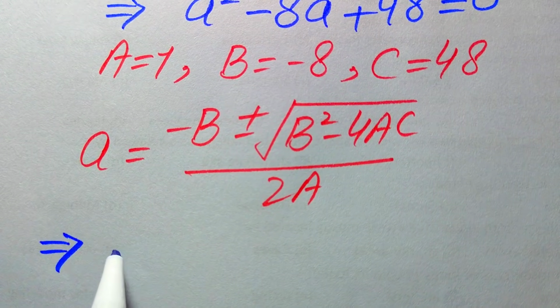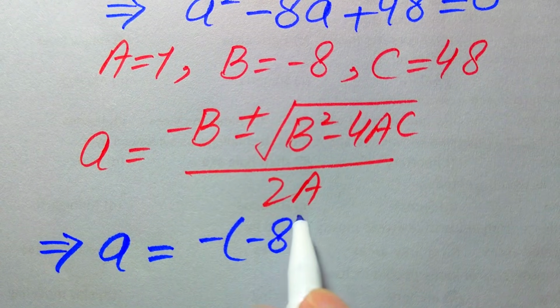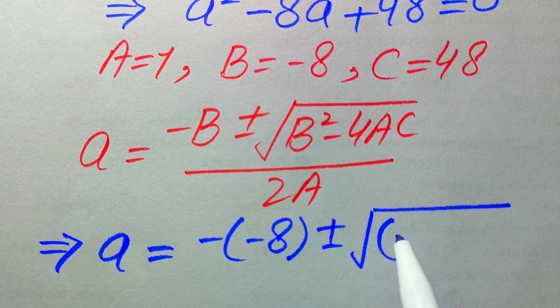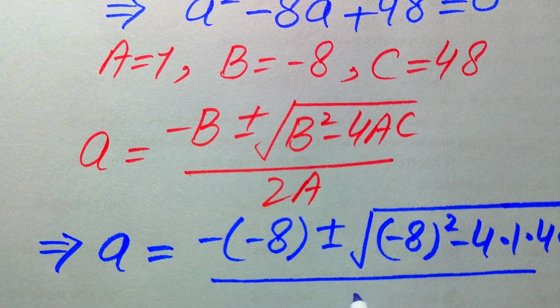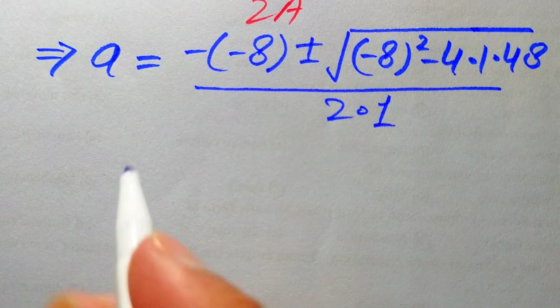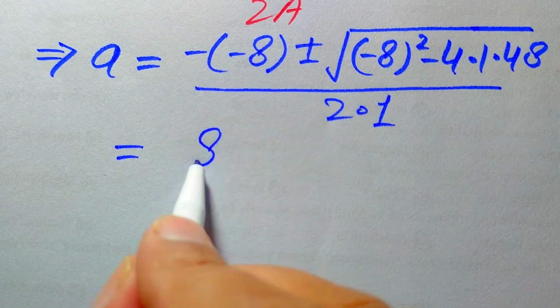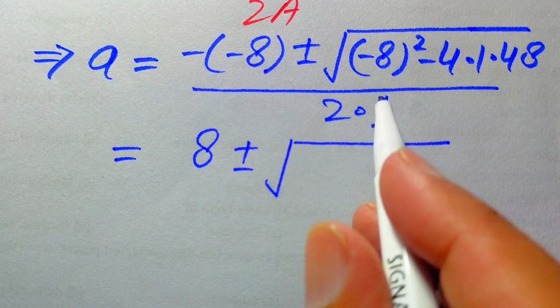So when we put the value of b here, we get minus b becomes minus times minus 8 plus minus square root of b square, it is minus 8 square minus 4 times a is 1 and c is 48, and it is divided by 2 times a, and here our a is equal to 1. And now in the next step we have minus times minus becomes plus 8 plus minus square root of